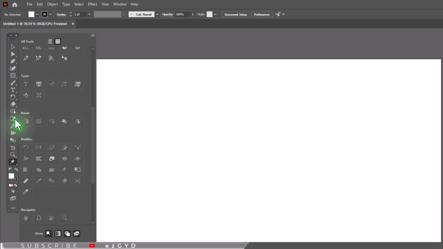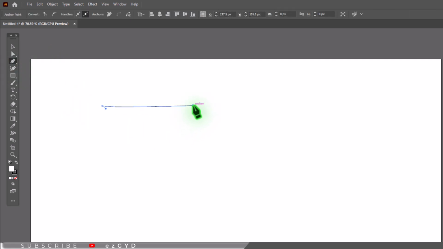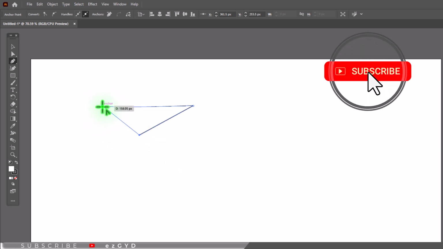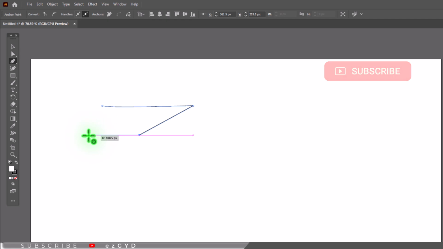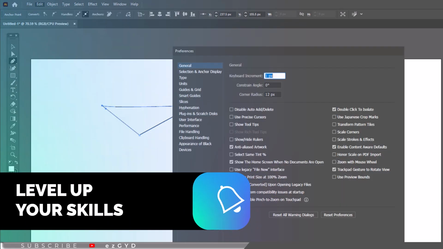The pointer for most tools matches the tool icon. Each pointer has a different hotspot where an effect or action begins. With most tools, you can switch to Precise Cursor by pressing Caps Lock on the keyboard, which appears as crosshairs centered on the hotspot and provides greater accuracy when working with detailed artwork. You can also go to Edit menu, Preferences, General, and select Use Precise Cursor.